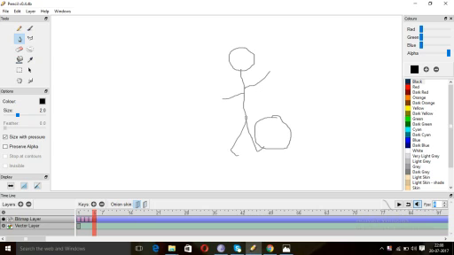You have to do it and make that proper. So here we go. Okay, now basically you have created the frames.